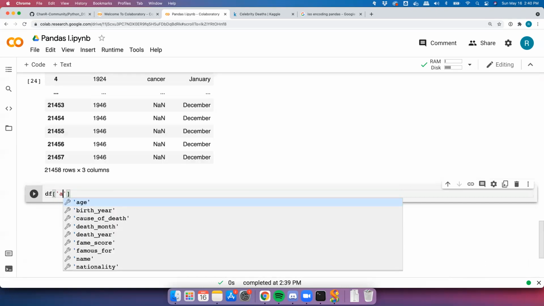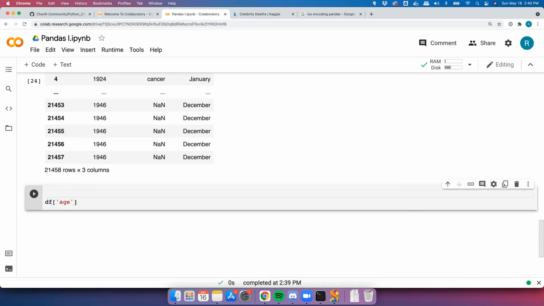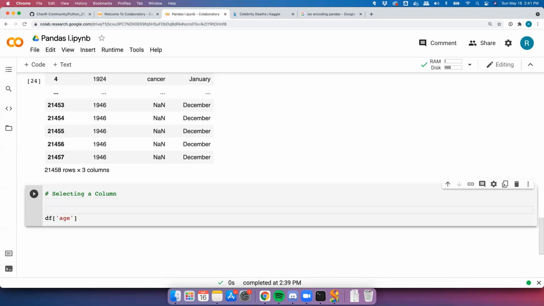Let's say in this case, the age. If you just do df and age like this, so we can just say selecting a column. And we'll just say, oops, yeah, right here, 2 hashtags. And we'll just say pass in a column name as a string into the data frame,